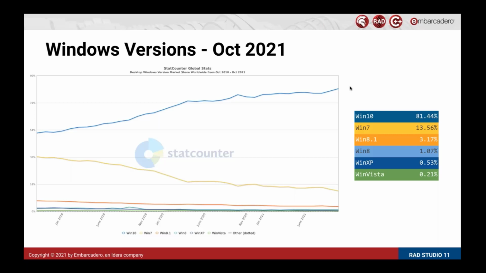So what that really means for us as developers is that we really need to be 100% focused on making sure that our applications are Windows 10 ready right now. There have been a number of updates and changes from earlier versions of Windows, specifically to deal with trends around hardware that have changed.